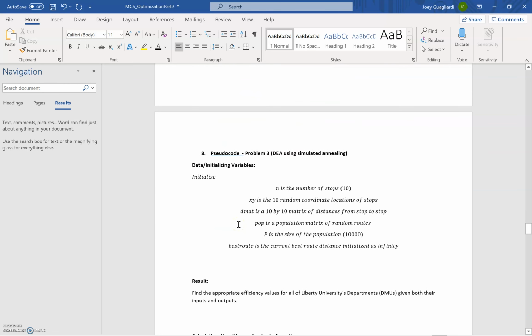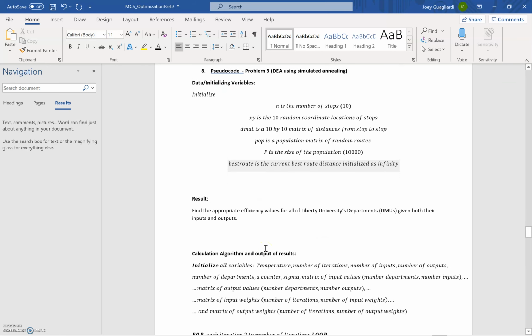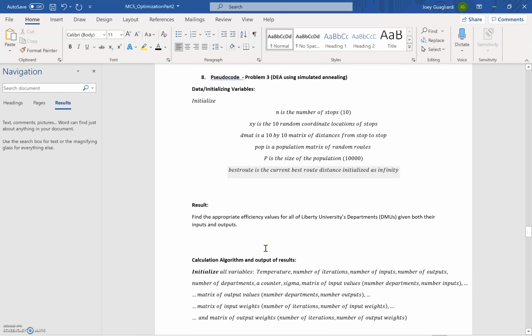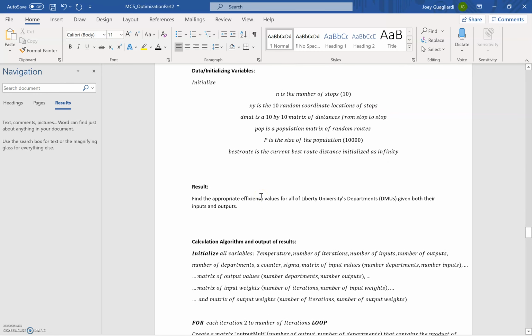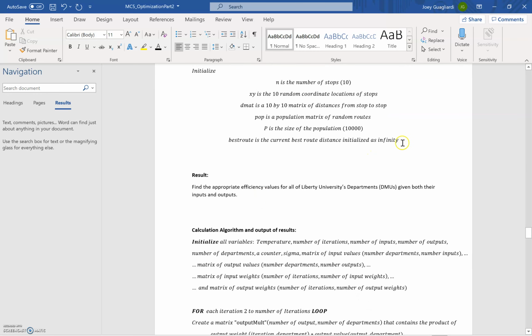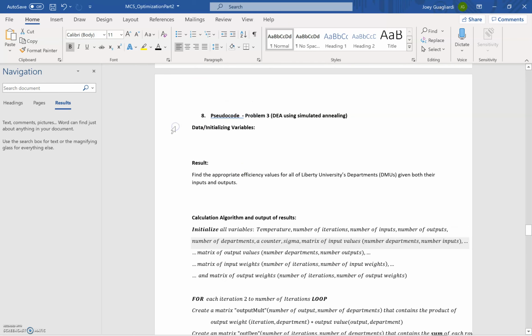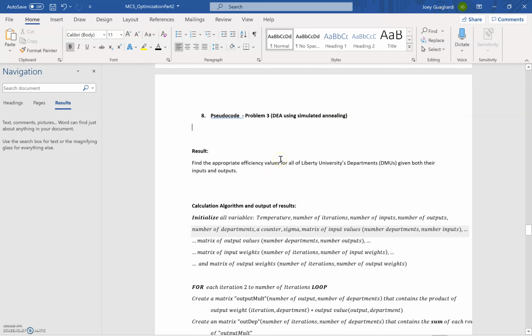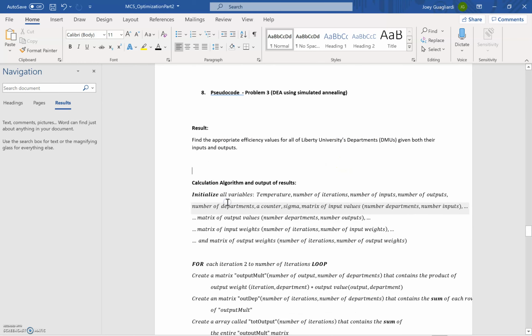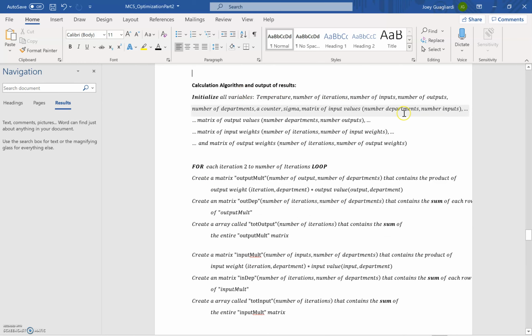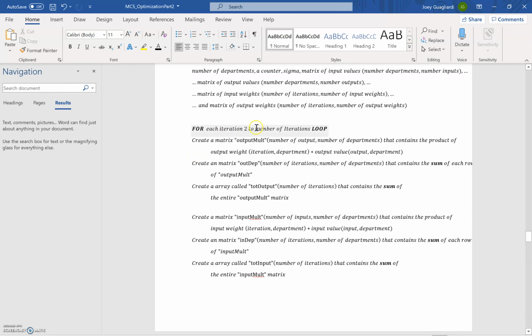Lastly, my problem 3, I wanted to use DEA combined with simulated annealing. So I initialized some variables here, and sorry, this should not be here. So the result was to find the appropriate efficiency values for all of Liberty University's departments, DMUs, given both their inputs and outputs. So we want to initialize all the variables, and then basically this is a giant iteration from